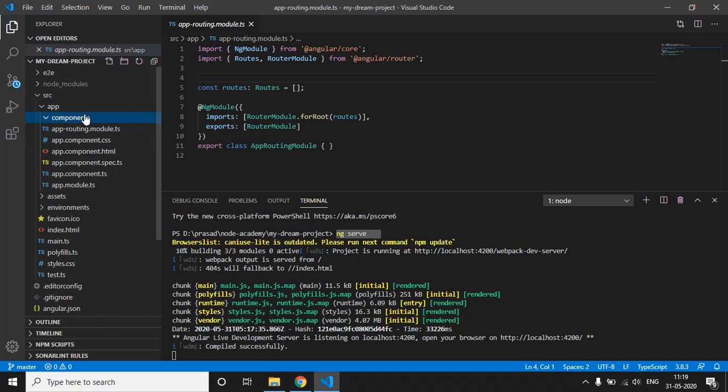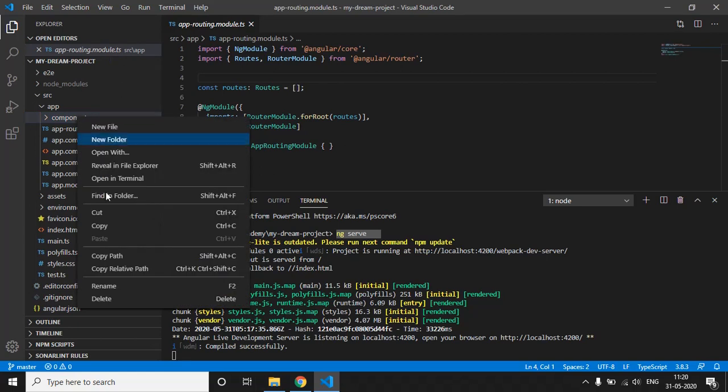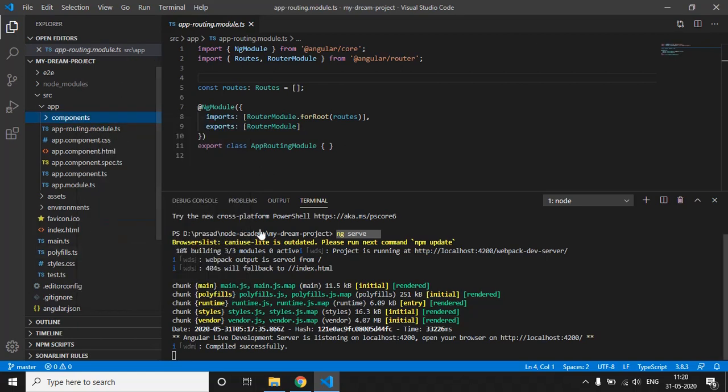Then we will keep all our components in this components folder only. It will make your code maintainable and easy to understand as well. So we will copy the path of this components folder, as we have to create the components in this folder.